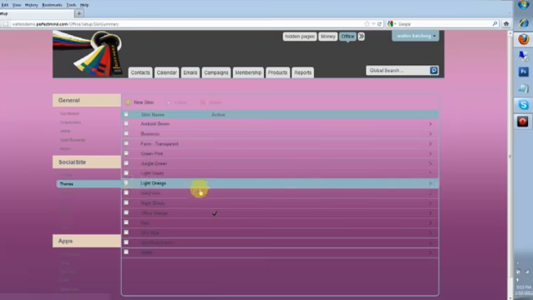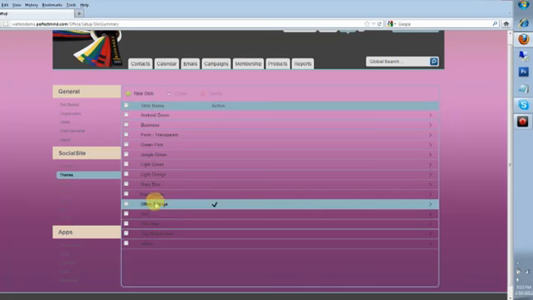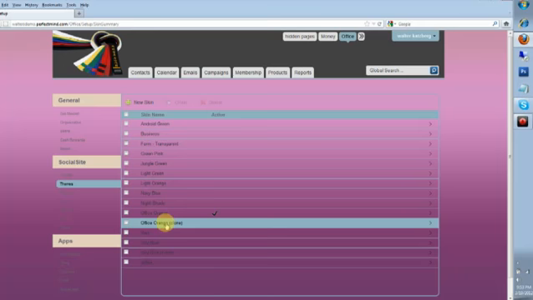Now the theme in use is always checked because it's active. But what you don't want to do is go in there and play around with that particular theme. So if you ever want to restore your website back to what it was, you always have that skin. So what I always do is I clone my skin that is actively being used. So I'm going to go ahead and clone that. So now I have a clone of the original